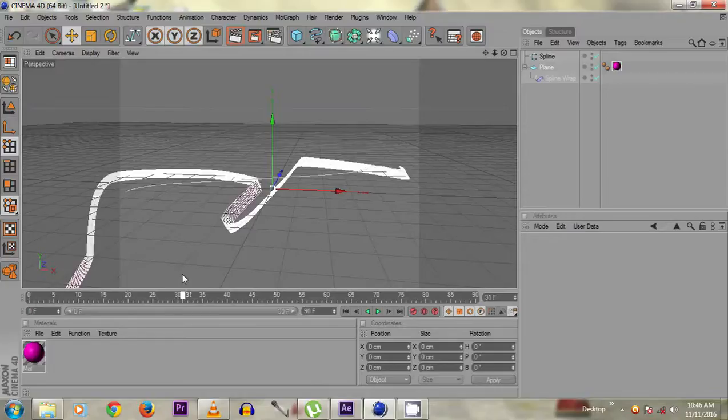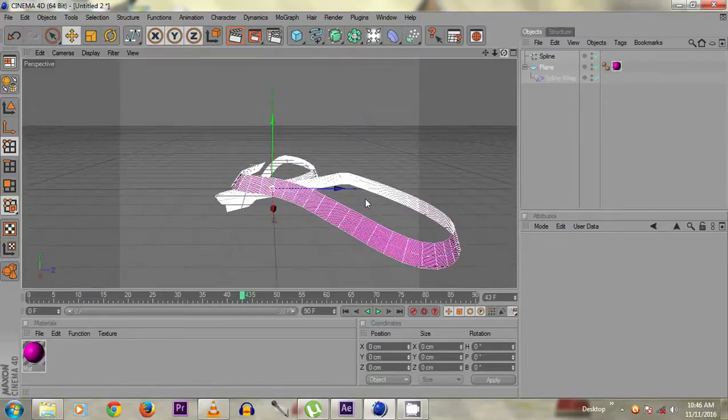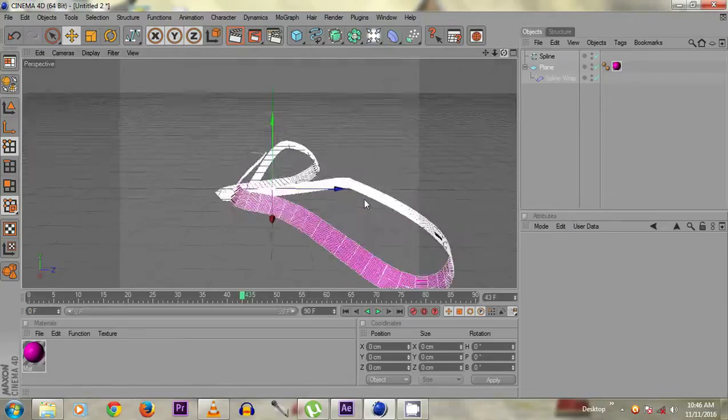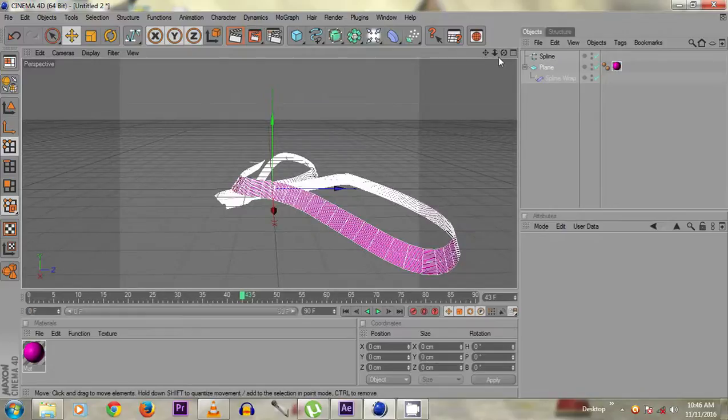For different titles, we have to draw different types of path, then we animate it individually for different types of animation. We can move it to different angles by clicking this button.